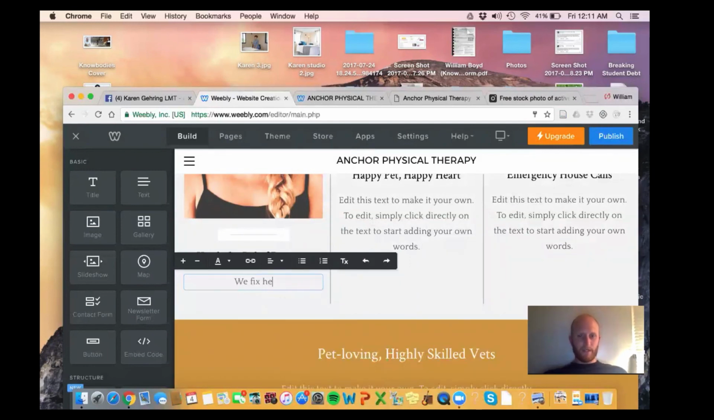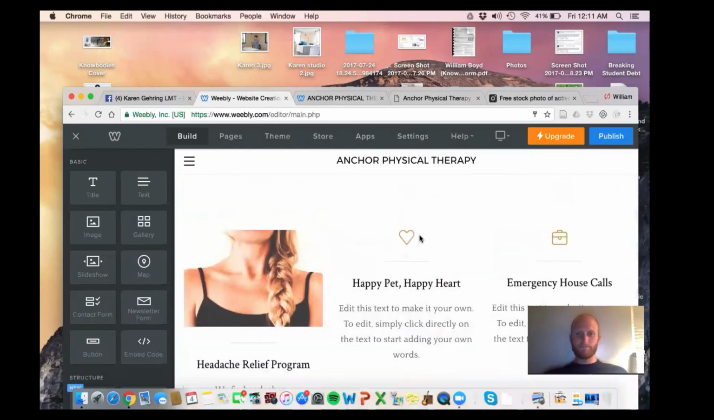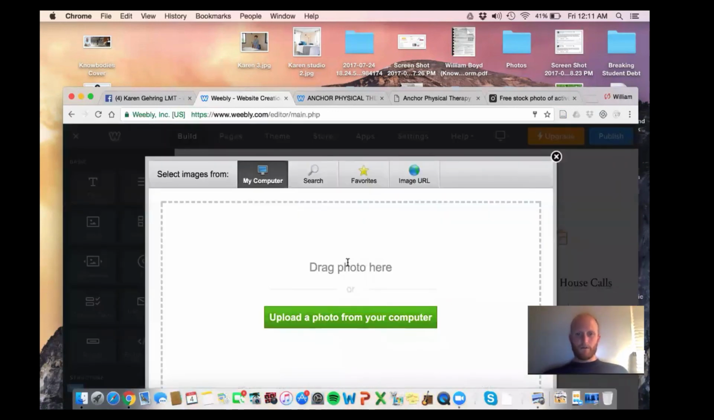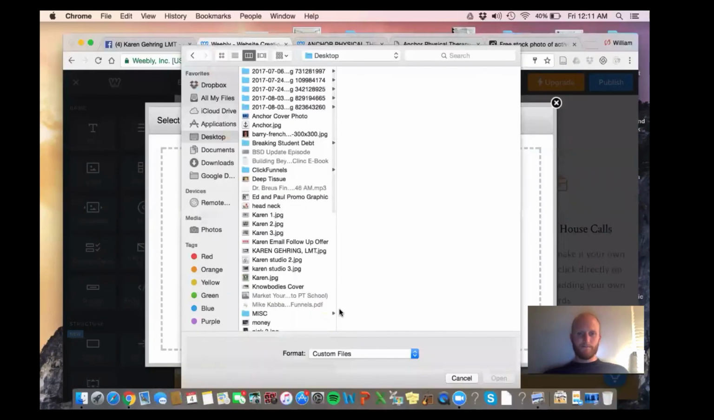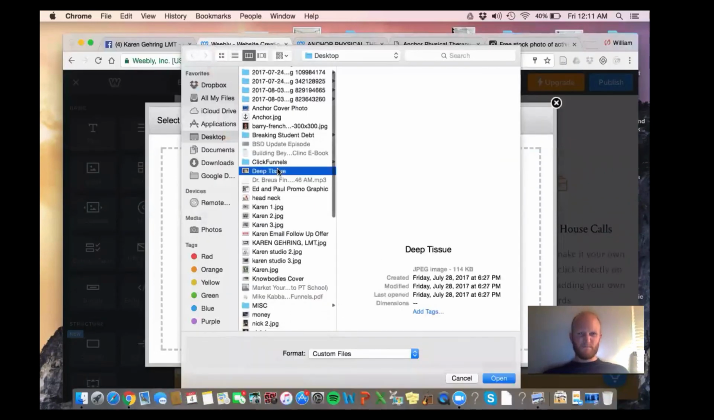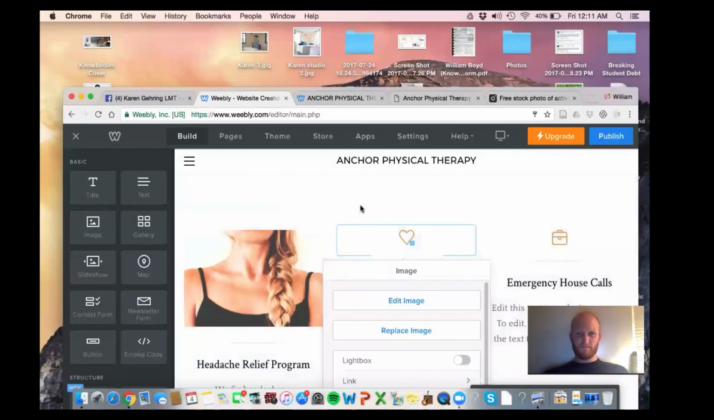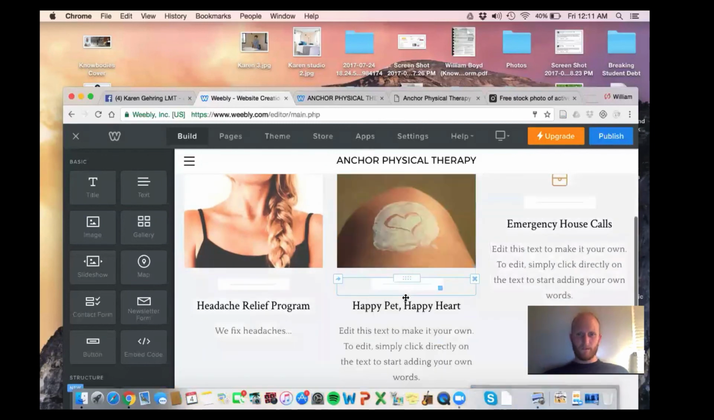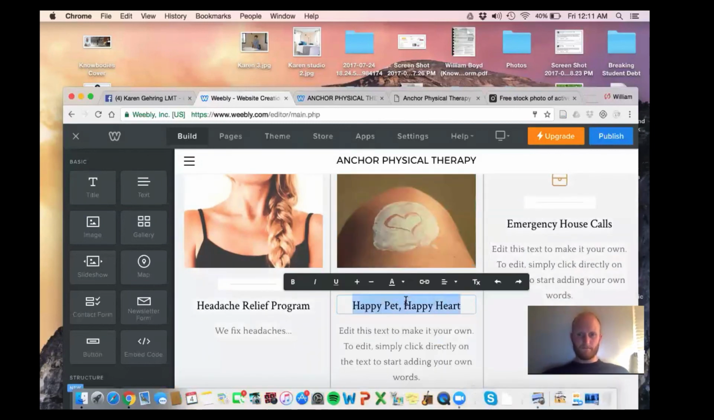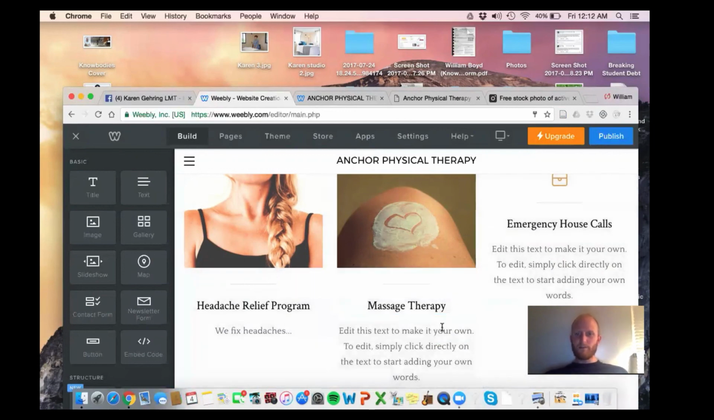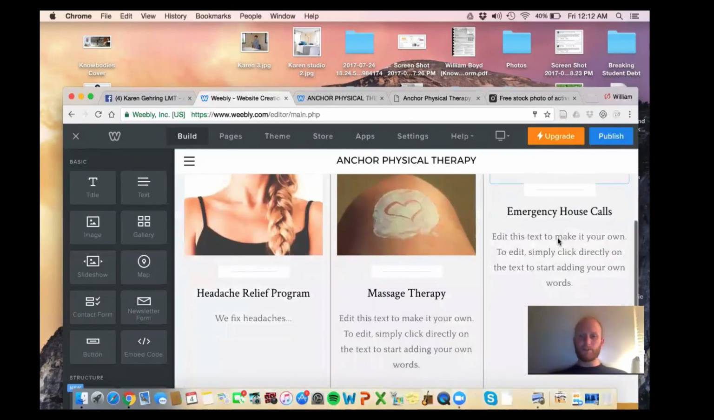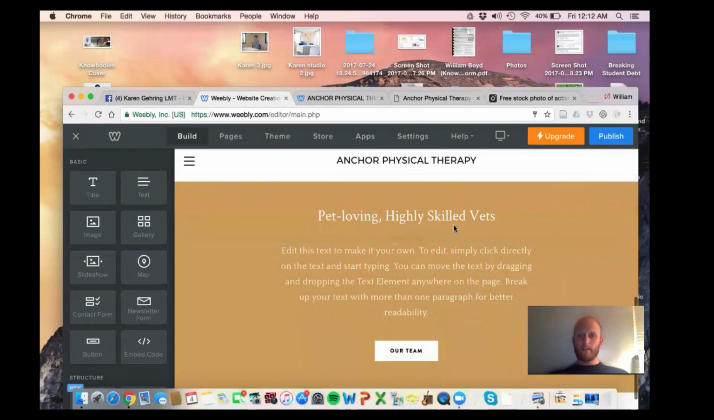So we could add like a, we fix headaches. And you can work on whatever language you want to use. Do this, we could do massage therapy and so forth. So then we could add a third picture, we could add our services. And then at the bottom, we could just fill this in and be like,